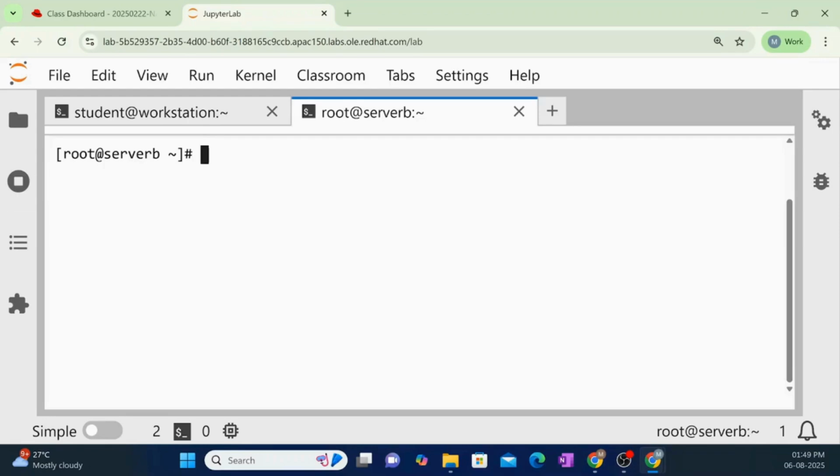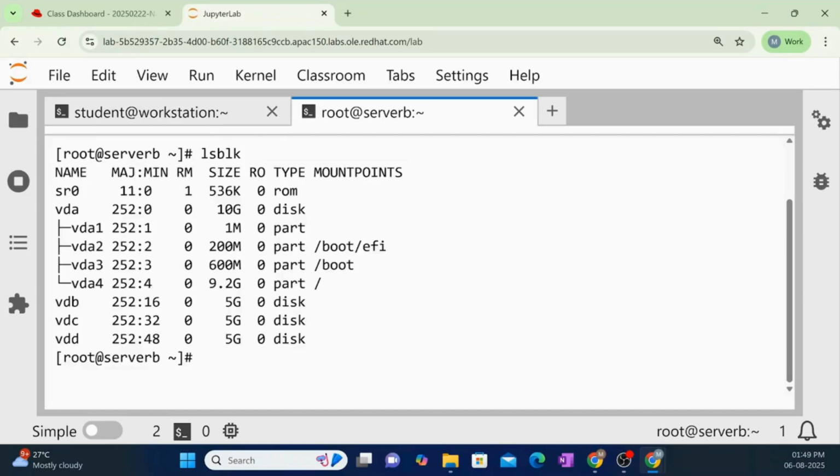Partitioning is the process of dividing a disk into logical sections to organize data, install OS, or set up LVM volumes. To know how many disk partitions I currently have, I can just run this command lsblk. On my disk, I have 4 partitions on vda. I have another disk called vdb, vdc as another disk, and vdd. Totally, I have 7 partitions here, right? I can see some of the partitions contain some data, and there are mount points for each of these, right? So today we will be creating